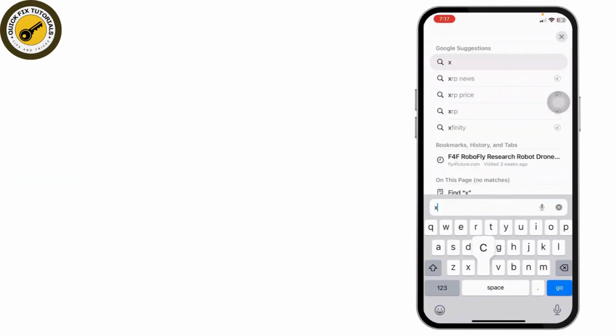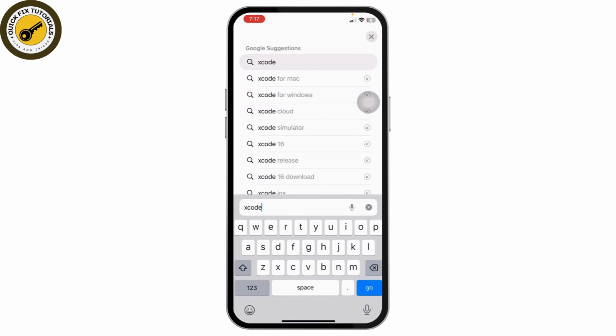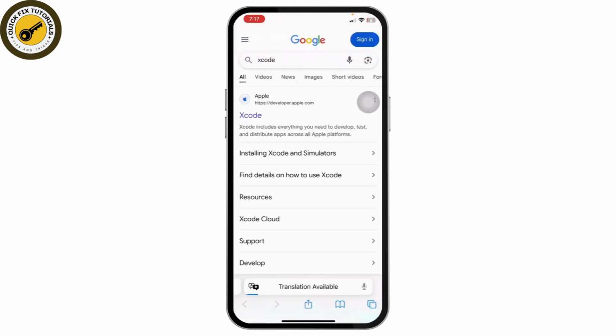So let's get started. First, just head over to any web browser and simply search for Xcode. It's basically software which you will need to download or run to test different Apple applications, Apple products. So you can basically open it on your Mac, and once you open it on your Mac device,